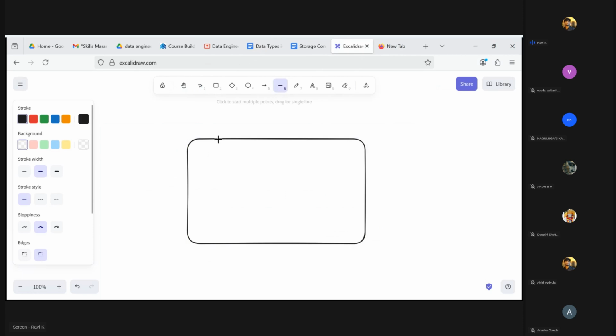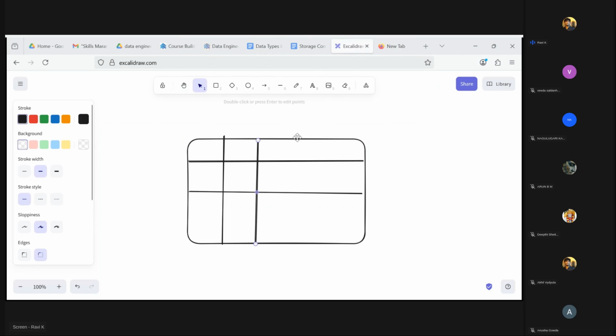Here let's say this is one row, and this is another row, so you have two rows here. This is your one column, and this will be your second column, and this will be one more. So you have 4 columns and 3 rows.